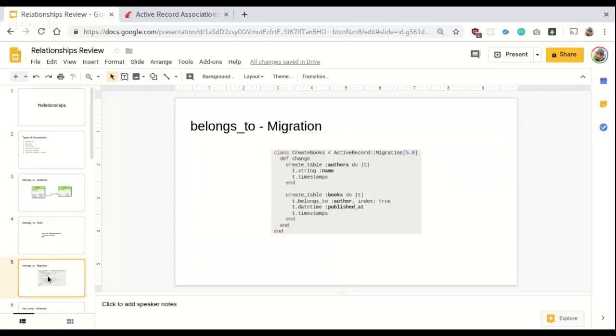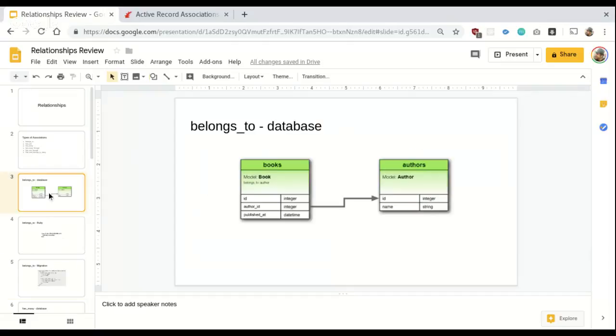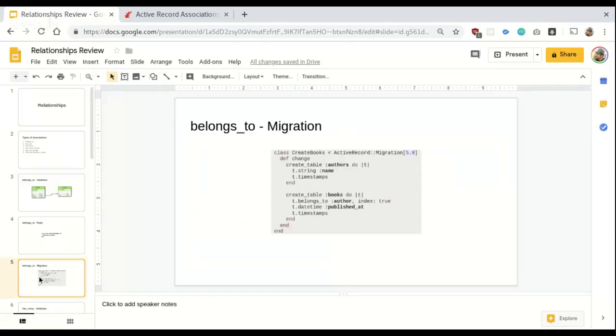And then we have the migration, right? So the migration tells us how we create this database structure. The migration here is combined in the same migration, for the two tables are in the same migration. So that's something that you can do, right? Here we have a create table authors, and then we have a string name, timestamps, and then we have another create table books. You can see that we haven't used this before. We can do t belongs_to, and then we write author,